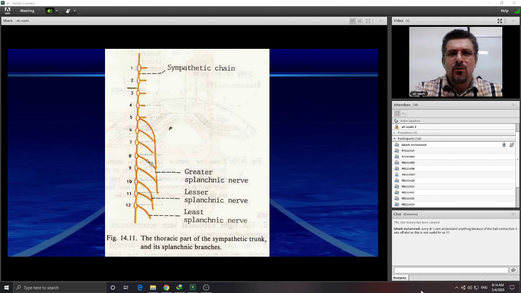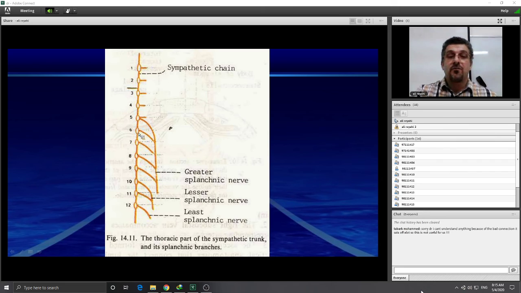But you can consider the sympathetic chain or trunk is pretty close to the body of the thoracic vertebrae, and as I know, in the other parts of the body, the sympathetic chain or trunk consists of sympathetic ganglia. You can see the sympathetic ganglia. All right, we've got 12 sympathetic ganglia in the thoracic region, but as you see in this picture,